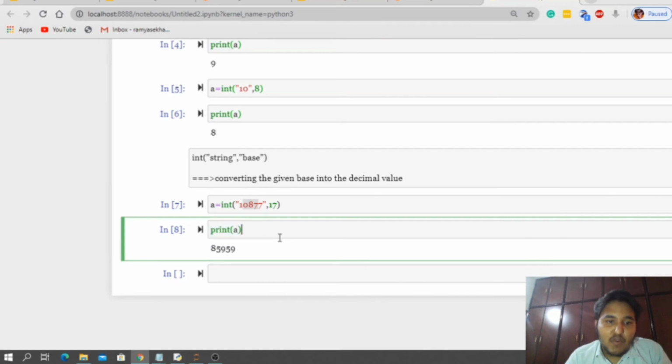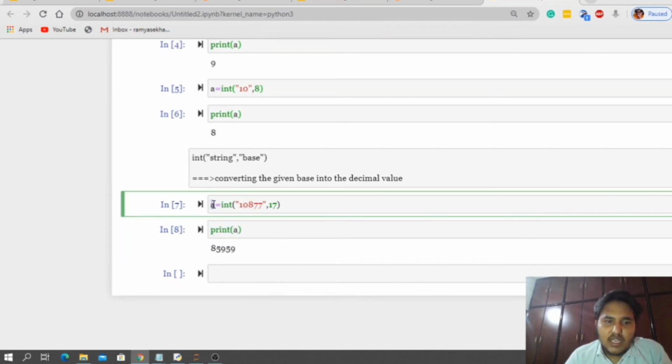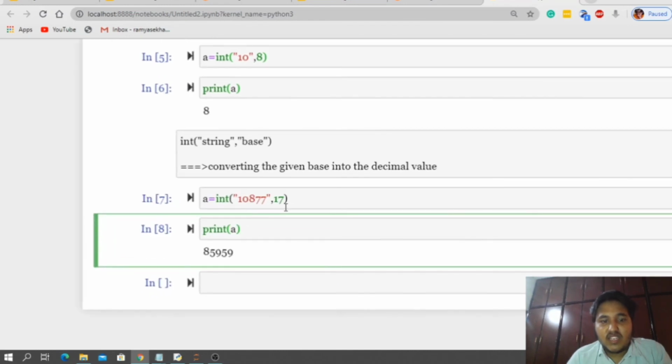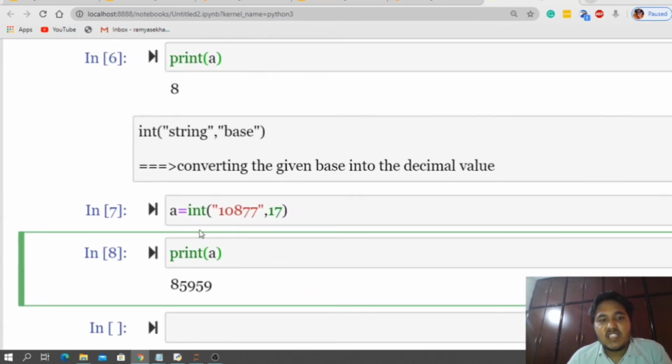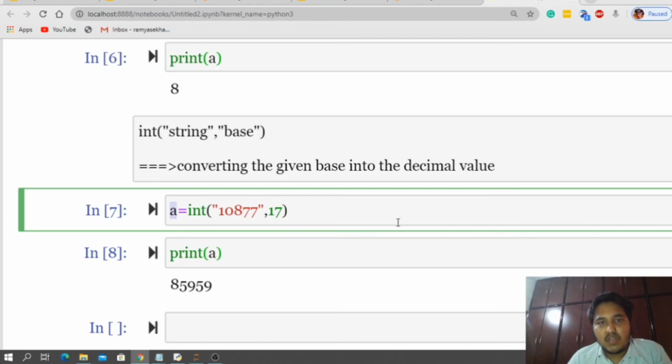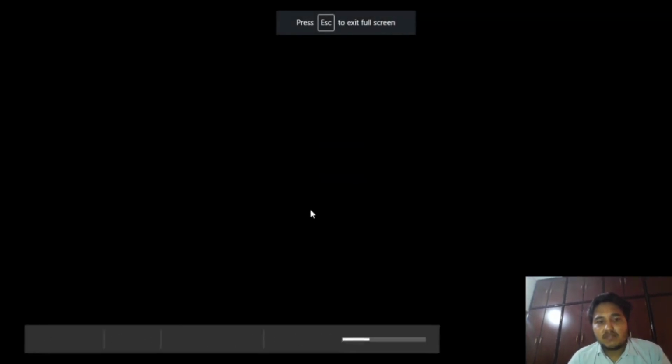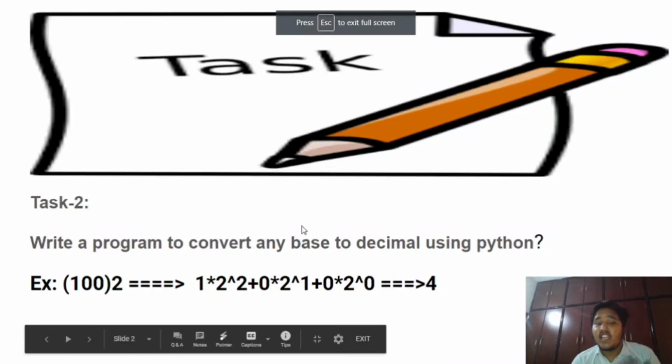This is the problem whatever we have got in TCS Ninja. Okay, now convert a sweet 17 problem. This is also called a sweet 17 problem. Given a base 17 value, we need to convert into decimal number. In Python, we can write it in single line, guys. This is one of the important problem, converting a given any base into the decimal value.